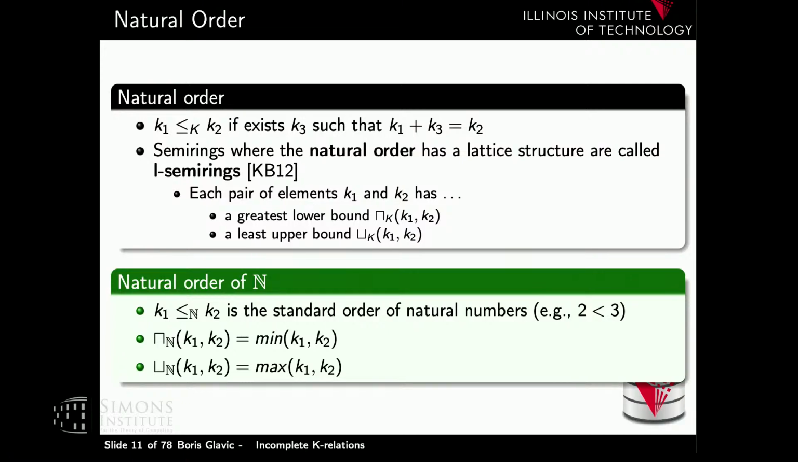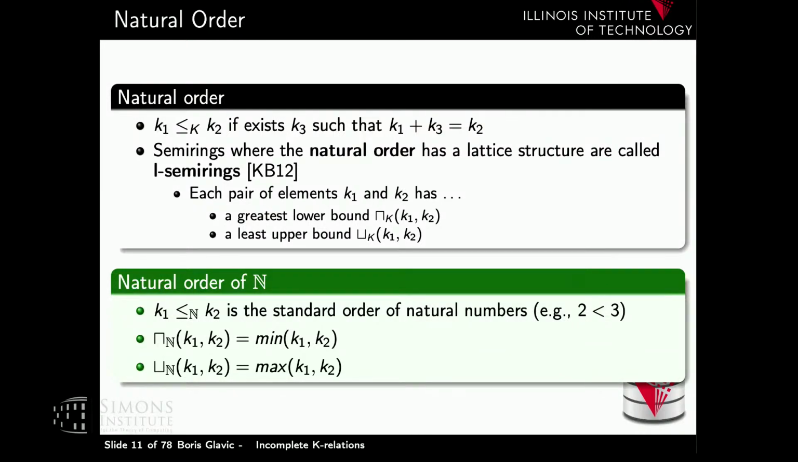So in a semiring, K1 is smaller than K2 if we can find some K3 that we can add to K1 to get K2. And if this natural order is a partial order and it builds a lattice structure over the elements of the semiring, then it's an L-semiring. I think Peter Buneman had a paper where this terminology was used. So basically, we have a greatest lower bound and least upper bound operation for any two elements in the semiring. For example, if we take the natural number semiring, bag semantics, if we